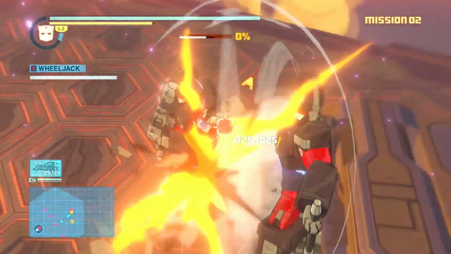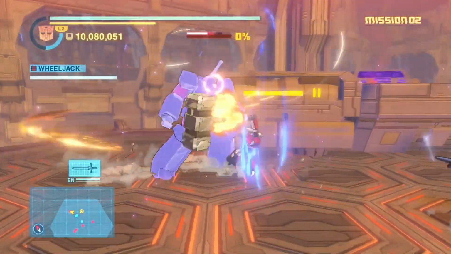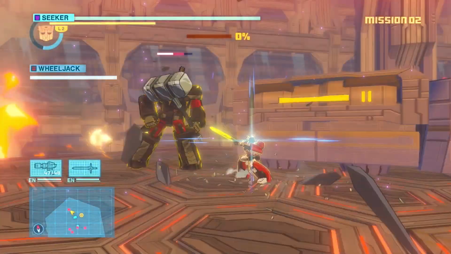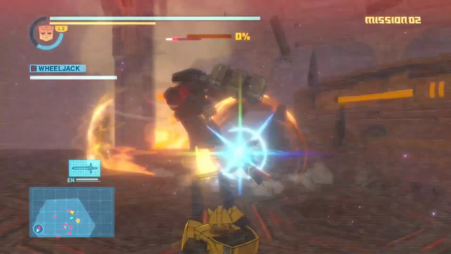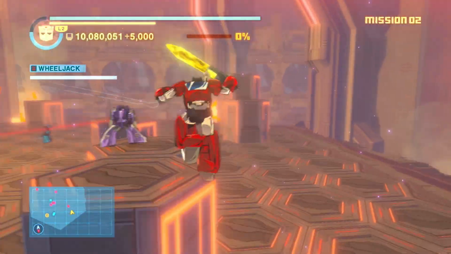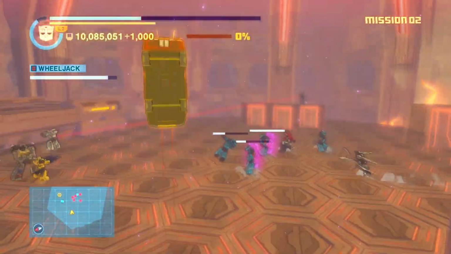So, yeah, knock out a few of the shields. You don't have to kill the shield enemies, but just knock out their shields. And then after that, come back here and fight these guys, so that way you can make sure they don't go in for Wheeljack and maybe accidentally hit them, or, well, purposely hit them, I should say. But you don't want any accidents to happen to Wheeljack in this mission at all, because this fight is just